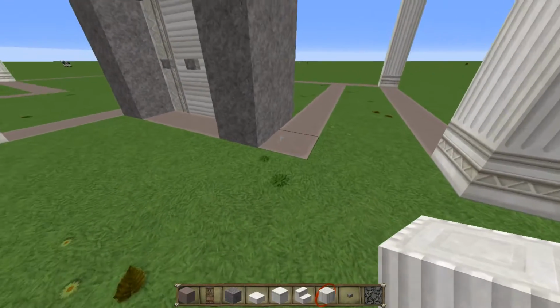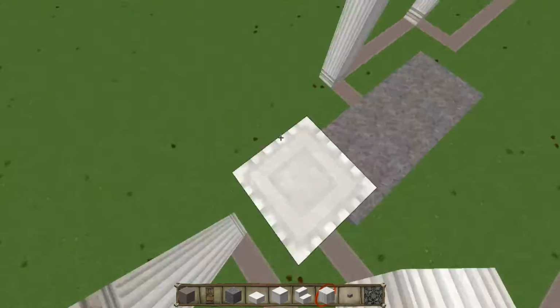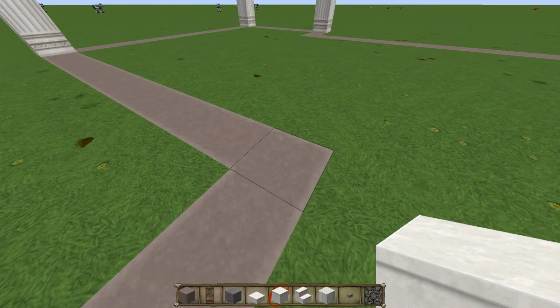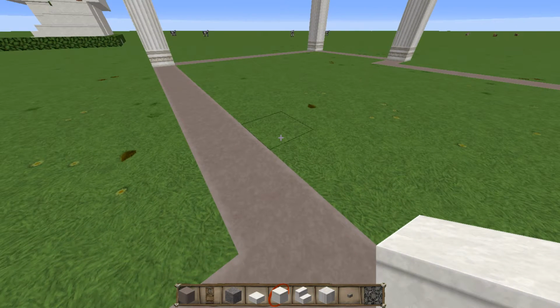And because officially this corner is also an outer corner, 6 there as well. And you should have the startings of your structure looking just awesome. Time to place the first row of our marble block wall, and we're going to do this with depth and